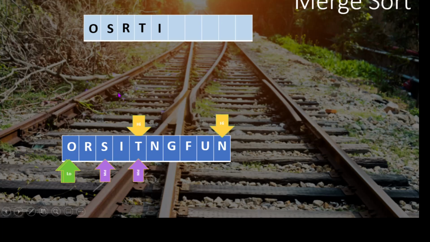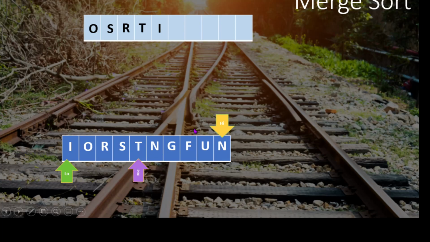They're not always in sync, but again, we've now done the bottom half of the list, and we've done the top half of the list, the left half and the right half, and so now we need to merge between low and high again. So we copy over ORSIT, I'm sorry, I missed that up above, but then the I gets compared with the O. So the O and the I, the bottom half of the list and the top half of the list are being compared. So the I ends up moving all the way down, then the O goes up, then the R, then the S. And so now we've blended and merged the bottom half of the list. So notice between low and mid is now sorted,